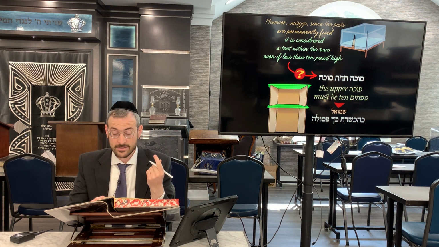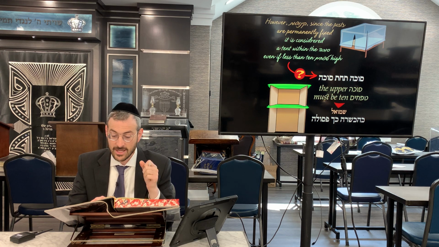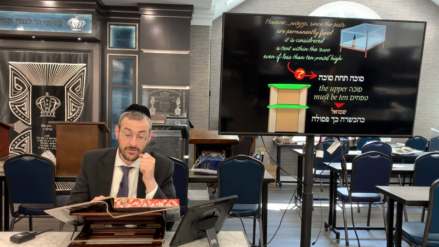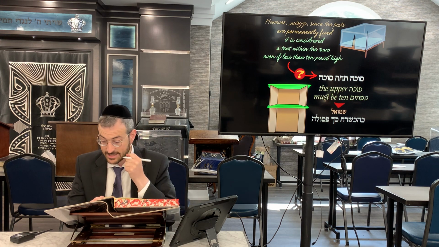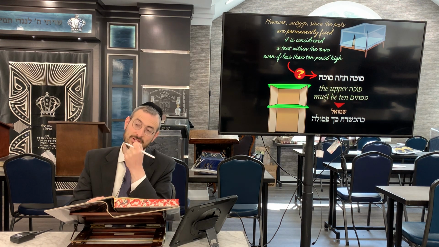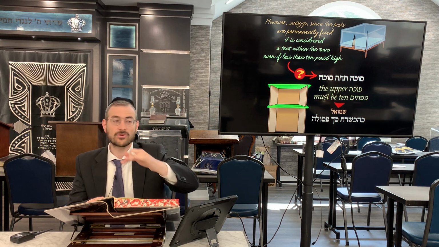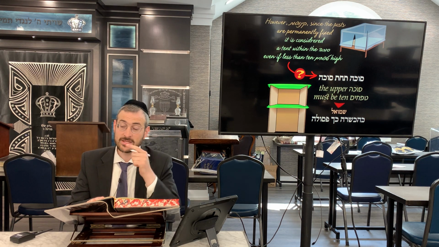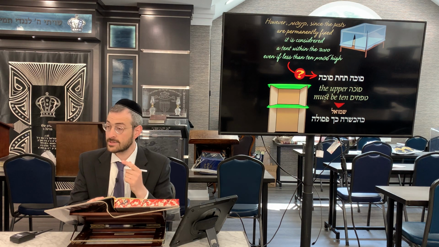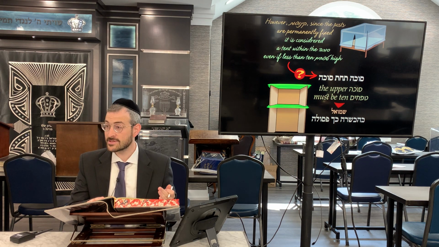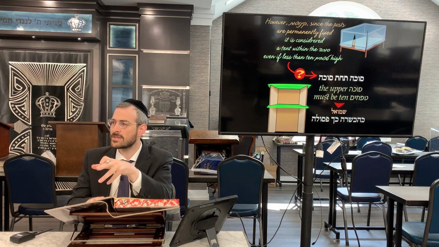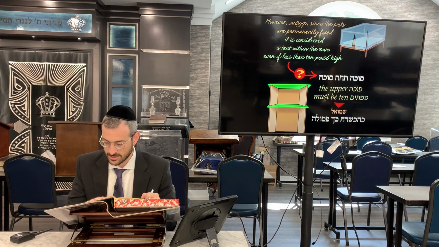But a kila, a regular bed canopy, is not so strong and permanent like kinayfis. So therefore, if it's not 10 tefachim high, it's not considered as significant, and therefore it's not a contradiction on Shmuel. Shmuel's talking about a regular canopy that you hang up and you put over the bed. So since it's not so permanent, it's got to be 10 tefachim. But if you have a kinayfis, yeah, even less than 10 tefachim, since it's permanent, it's going to be a problem about not sleeping in the sukkah.